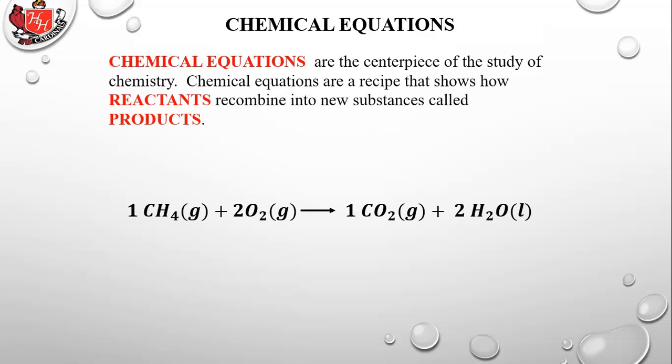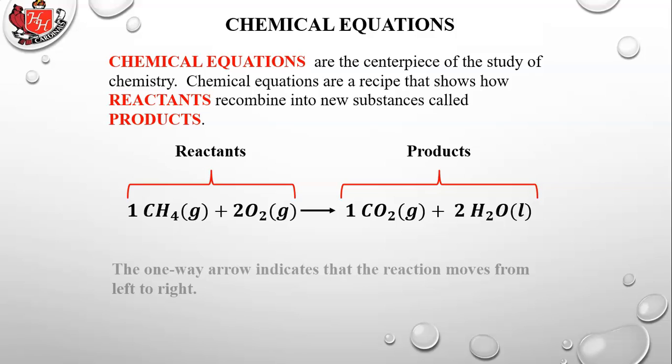So chemical equations are the centerpiece of the study of chemistry. Chemical equations are a recipe that shows how reactants recombine into new substances called products. The one-way arrow indicates that the reaction moves from left to right and not backwards from right to left. So when you write a chemical equation like this, the reactants are on the left. That's what you're putting into the beaker or container, and what's going to come out, the products, are on the